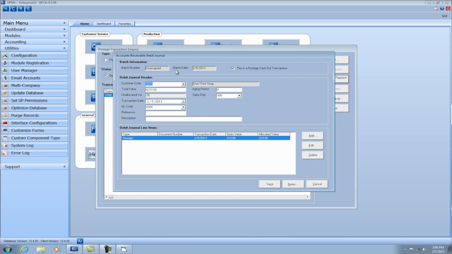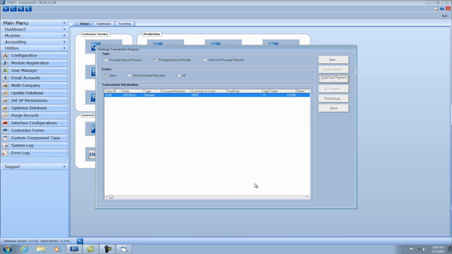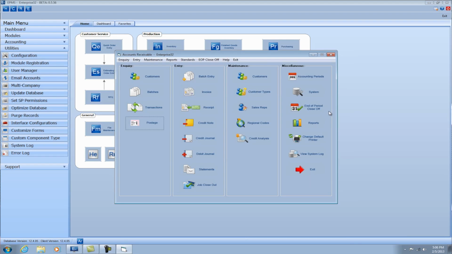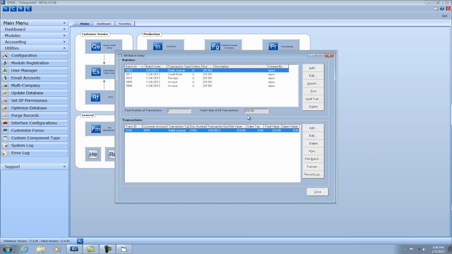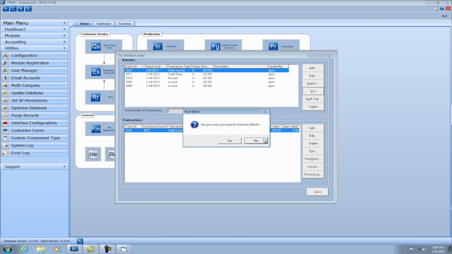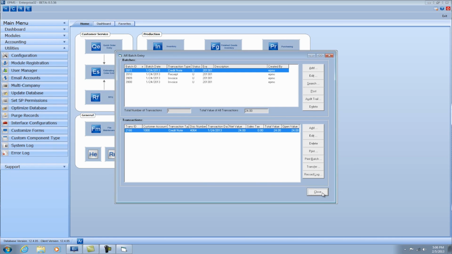All right, so really there's nothing to do here. Everything's filled out for you. The receipt's filled out for you. You can just save it. And again, it's an AR transaction just like anything else, so you would close. It's saving into a batch. So here's our debit journal. You can run the audit report, click post. And then the final step,